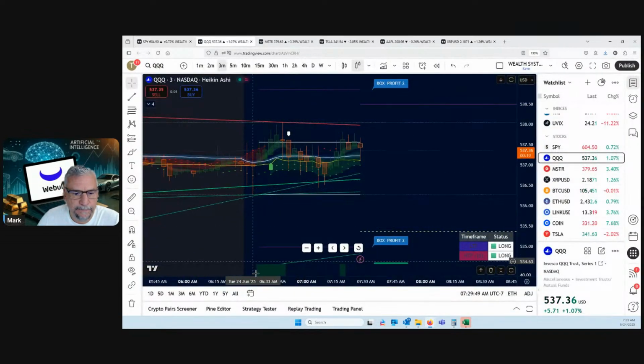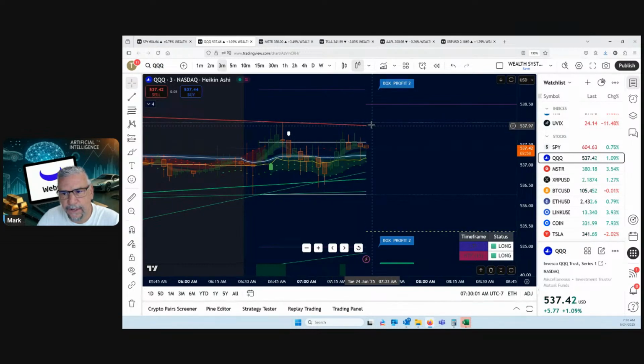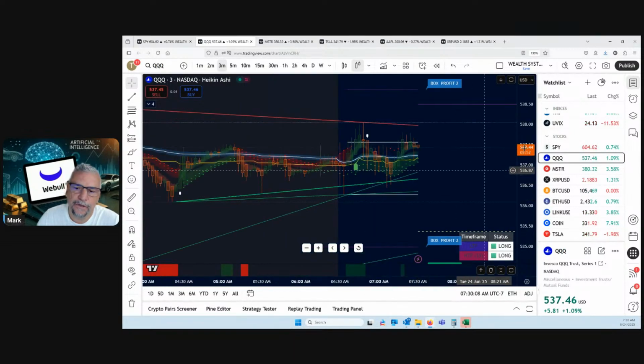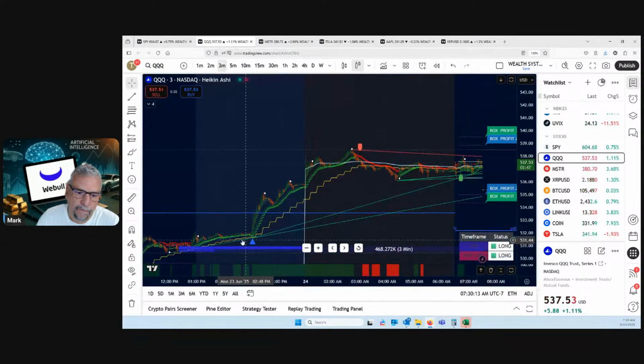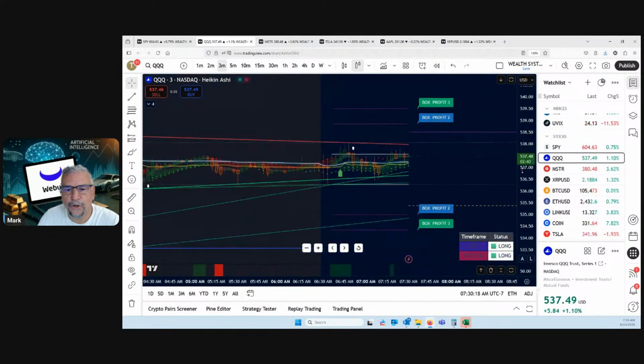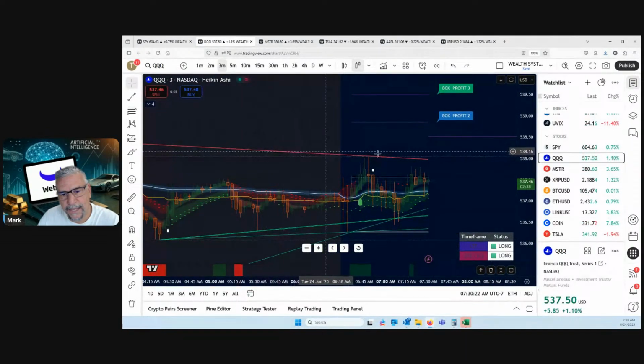And then here with QQQ, again, we're at the top of the box. So depending on what this decides to do, if it tests the resistance at this level, 538, let's say, may test that, or it may just fail and come back. You can see a support line just formed there. This green support line showing, we're getting a wedge, right? So we got a resistance coming down. We have a support coming up. And so it's like a pinball bouncing off the walls. It's going to find itself